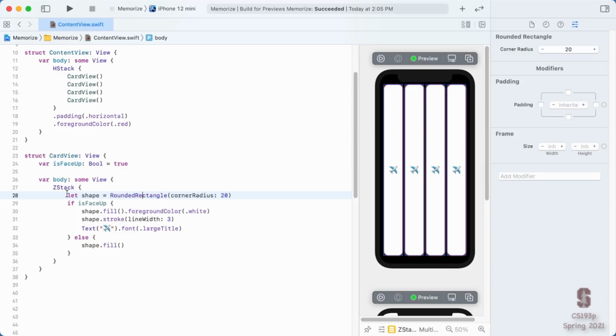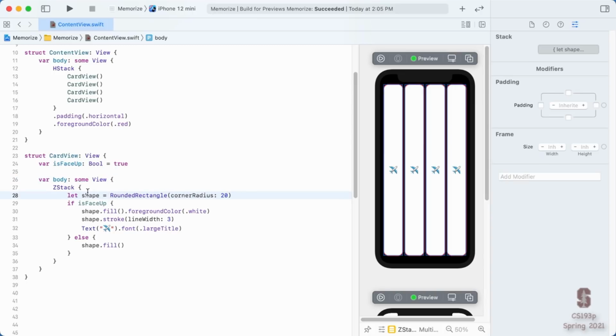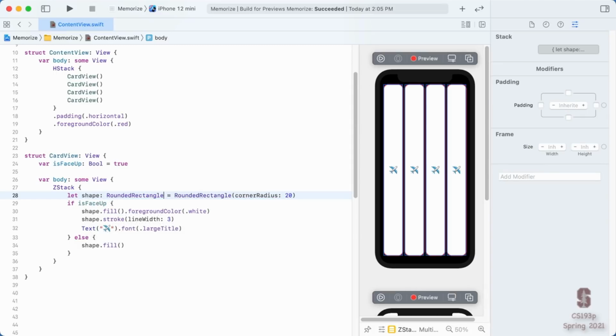Now, one thing that's interesting about this line of code here, kind of different from this variable up here, is that there's no type. Right up here we have the type Boolean. Here we have a type also, some view. There's no type in here. And of course the type of this is rounded rectangle. And we didn't have to type this. Swift again doesn't like us to have to type the same thing over and over. So it says, no problem, I will figure this out for you. If you just leave this off, I will figure it out for you.